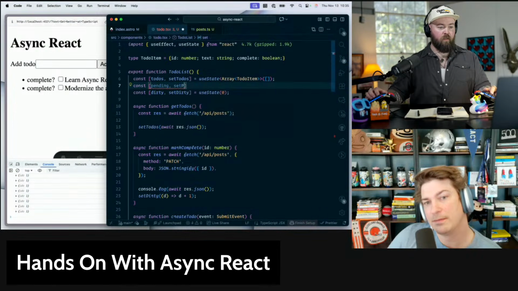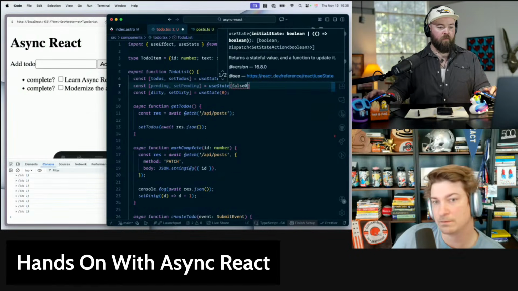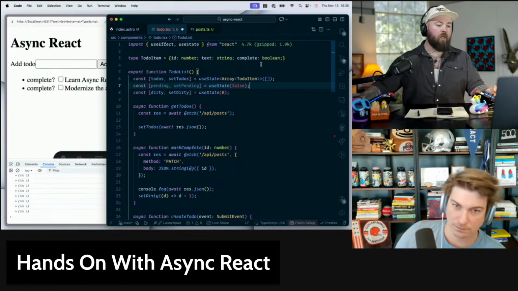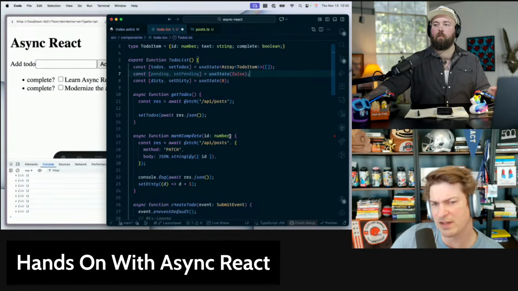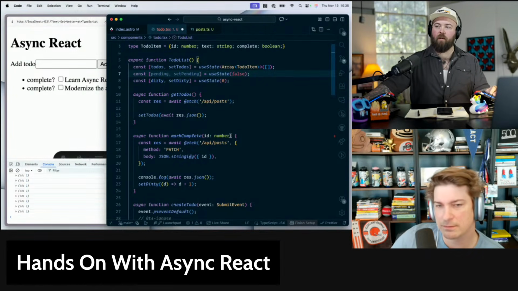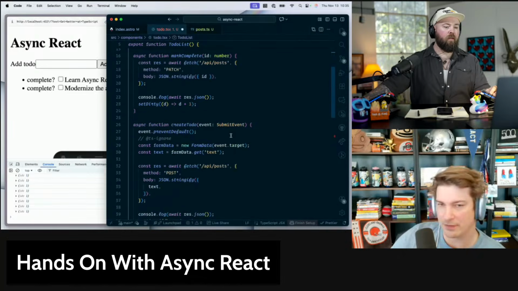Pending, set pending. That's going to be useState, false. And then we could also do this on a per-component basis, like a per-to-do-item basis. Yeah, let's do that with useOptimistic later because it's much easier.